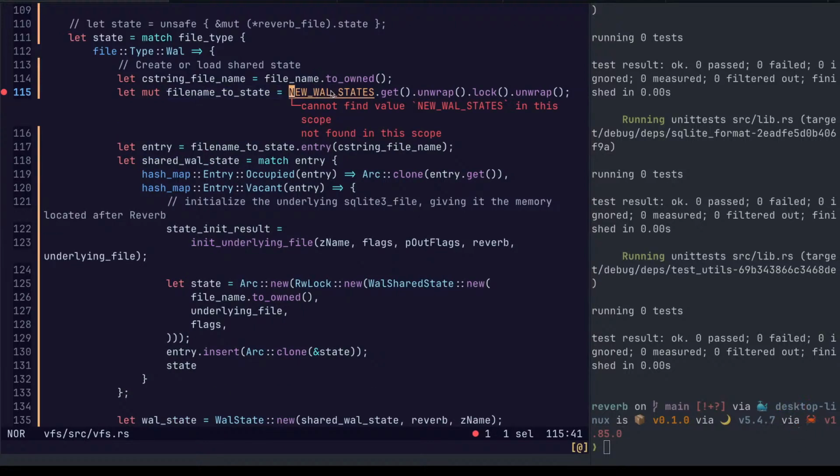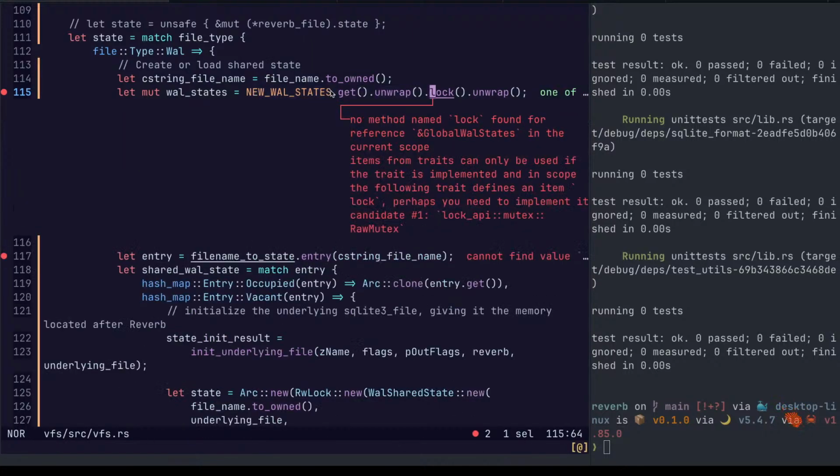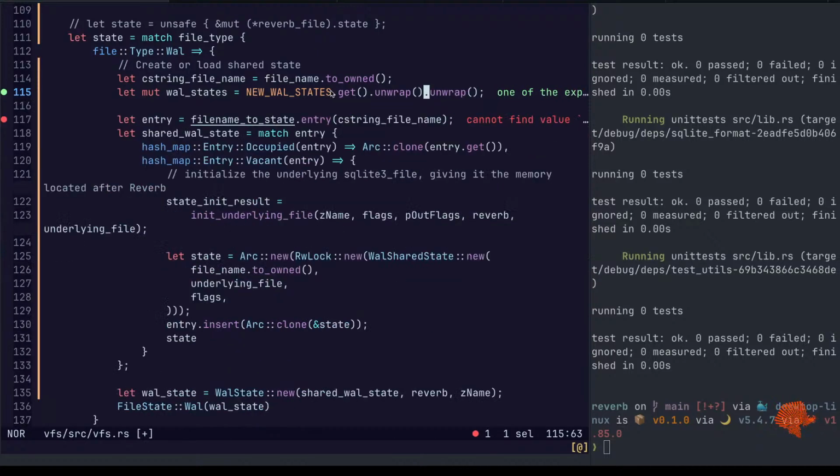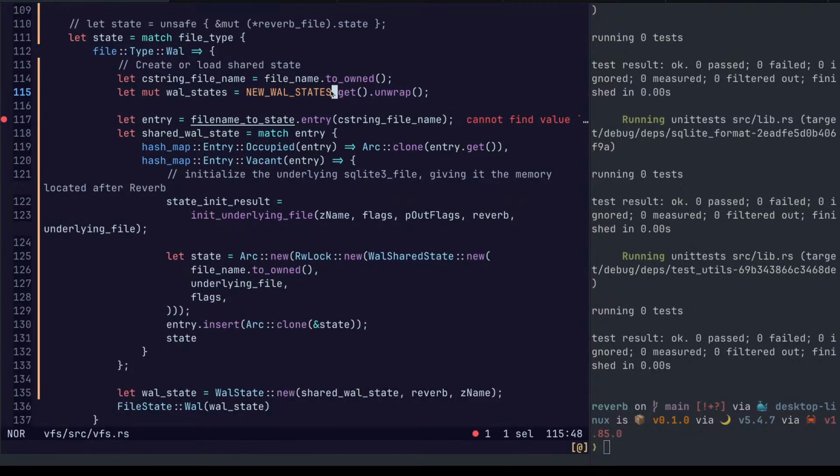Save. And this, let's just call it wall states. Import. That's right. There's no more lock here. Lock is internal. It always exists.